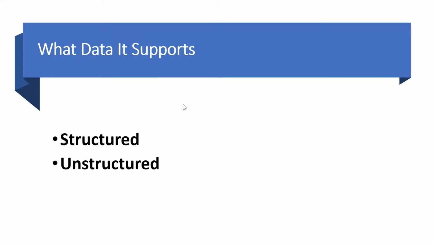So what kind of data does Splunk support? Splunk supports any kind of data with any extension, especially structured or unstructured data. As I mentioned in the previous topic, it can support structured, unstructured, and semi-structured data, all kinds of data. So you can get the data into Splunk. For Splunk you should have data. Any kind of data from any source, it can ingest and use.